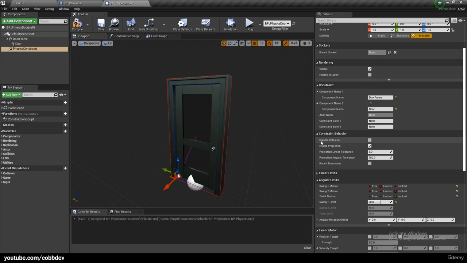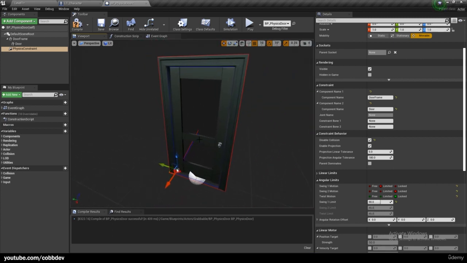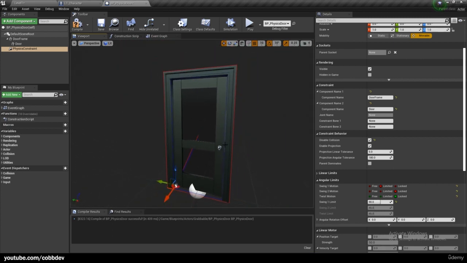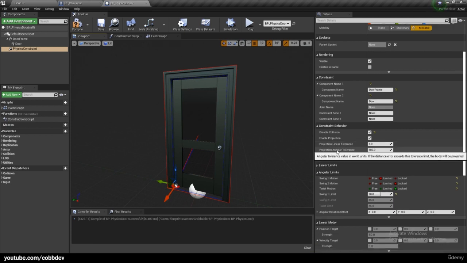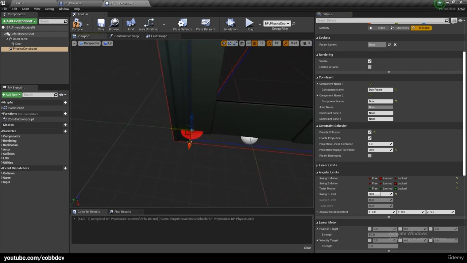We also here want to choose disable collision, because we don't want these two to collide with each other, because that can create some physics problems. They'll still collide with everything else, but they will not collide with each other. Let's turn down our projection angular tolerance to 90, and we want to move our actual physics constraint position to the correct location,